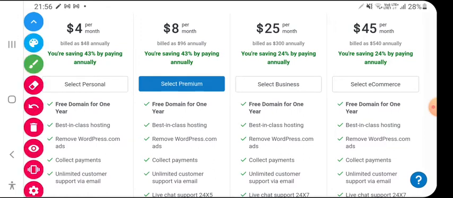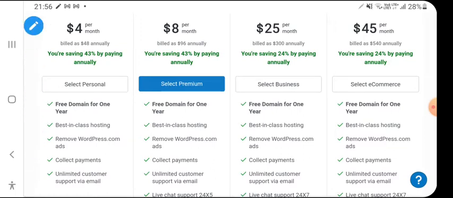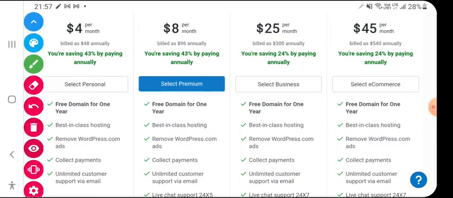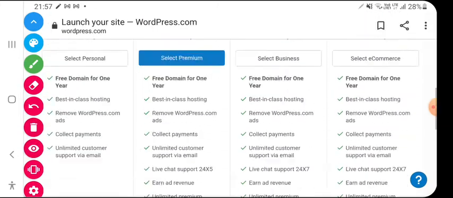Okay, so there are many options available, like $4 per month, $8 per month, $25 per month, $45 per month, and these are different plans. So we will choose the cheapest one first of all and see how it goes, and later on we can try new things.